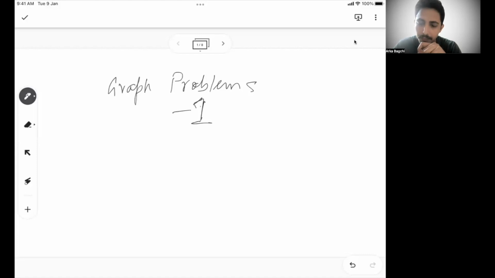Just one more point before we start: if you see a problem, don't continue watching the video. You can pause the video and try it at your end for 2 to 3 minutes. If you are able to solve it, come back and see the solution, or see if there is a different approach. If you are unable to solve it, I would suggest you come back and see the solution, but at least try for 2 minutes from your end, so that your understanding of the problem and your thinking get much more refined, rather than just continuing to watch the solution. So that's one piece. The next piece is, let's get started right away.